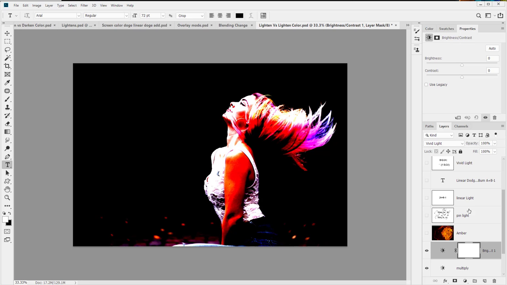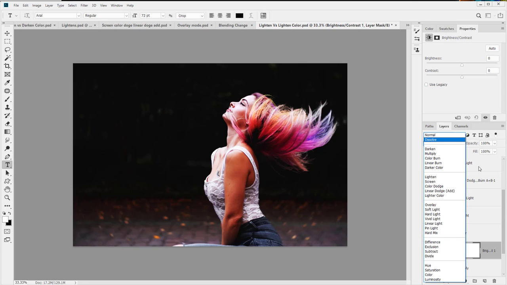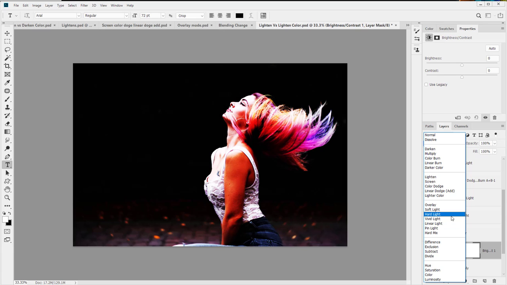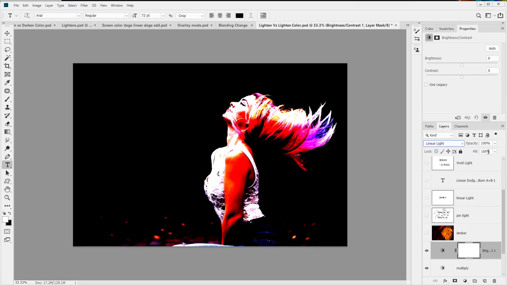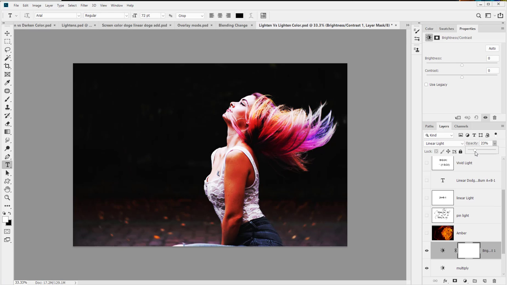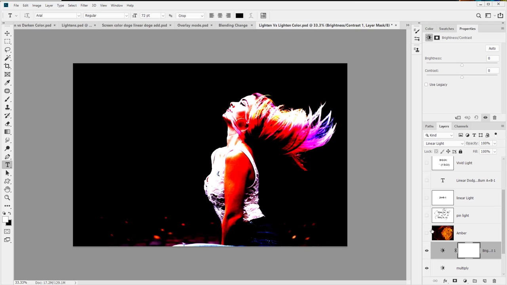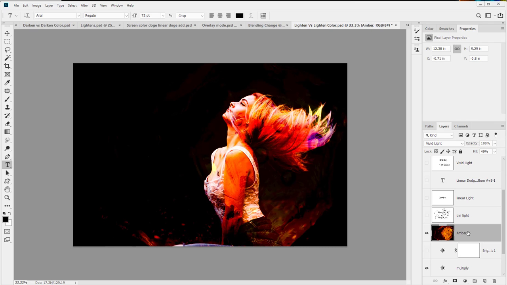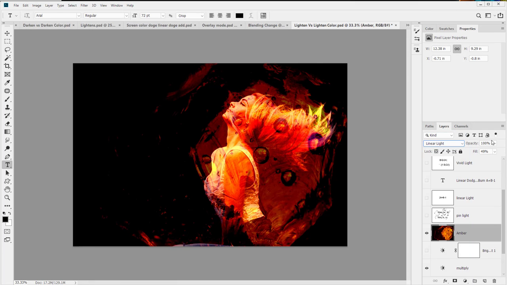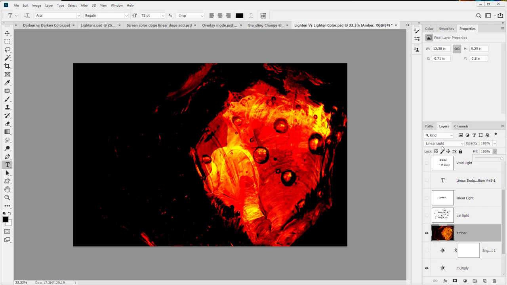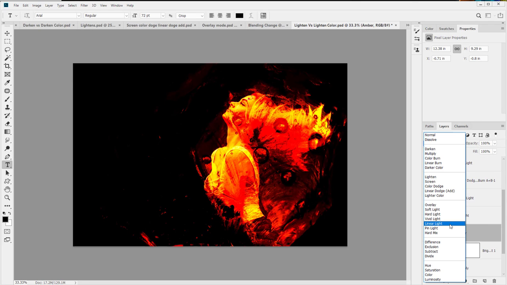So let's first apply it to its own effect. I'm going to set it to linear light. And you can see that as compared to vivid light, linear light is a bit softer as it goes. Now it is adjustable by the fill opacity as compared to the opacity. But more interesting is if we take 2 images and set it up. So here we have vivid light, linear light. And again, that was with fill opacity down. With fill opacity up,